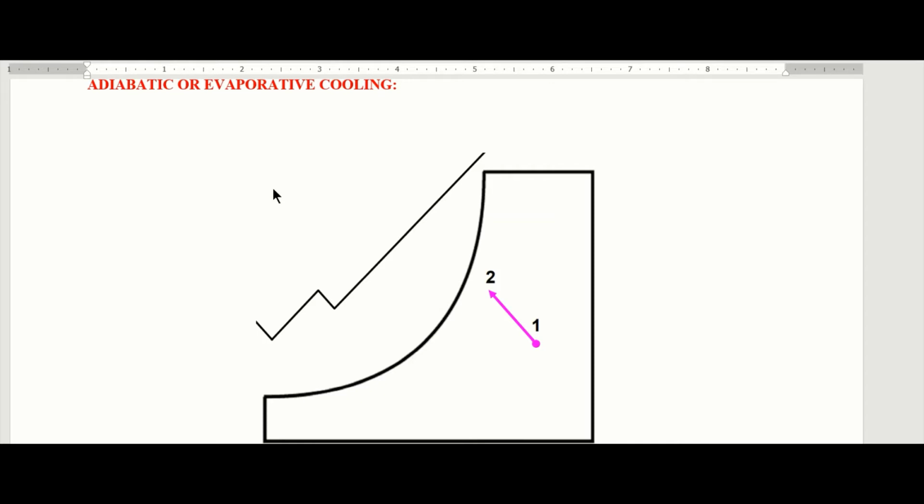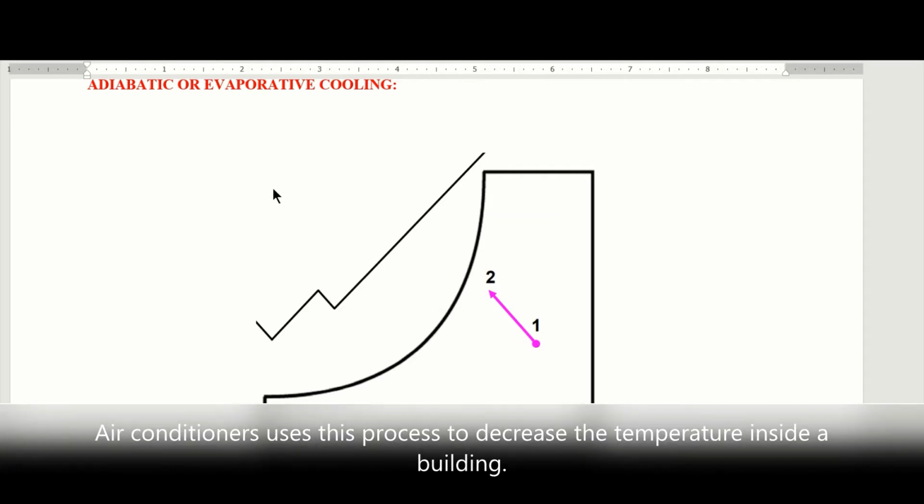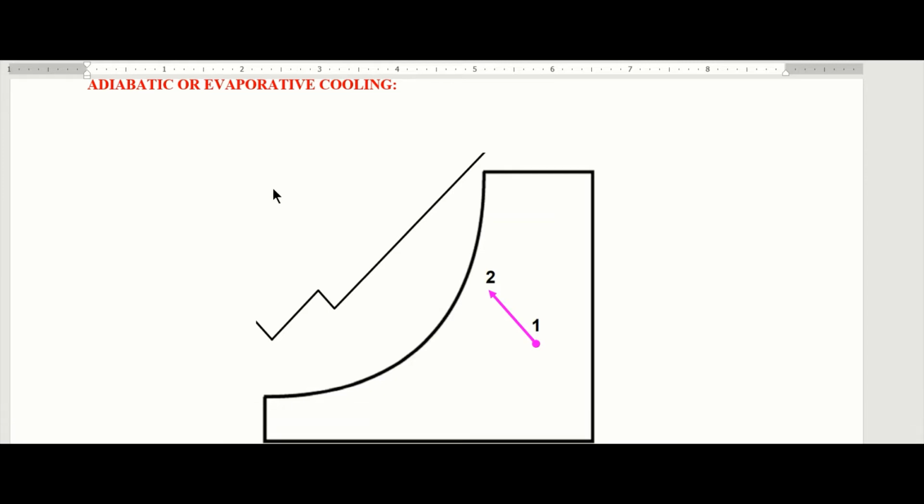This decreases our body temperature and keeps us from overheating in the summer. Now I want us to also note that JSCE uses this process to decrease the temperature inside a building. And also again, we must note that the adiabatic process is used to cool nuclear power plants. So this is another very important